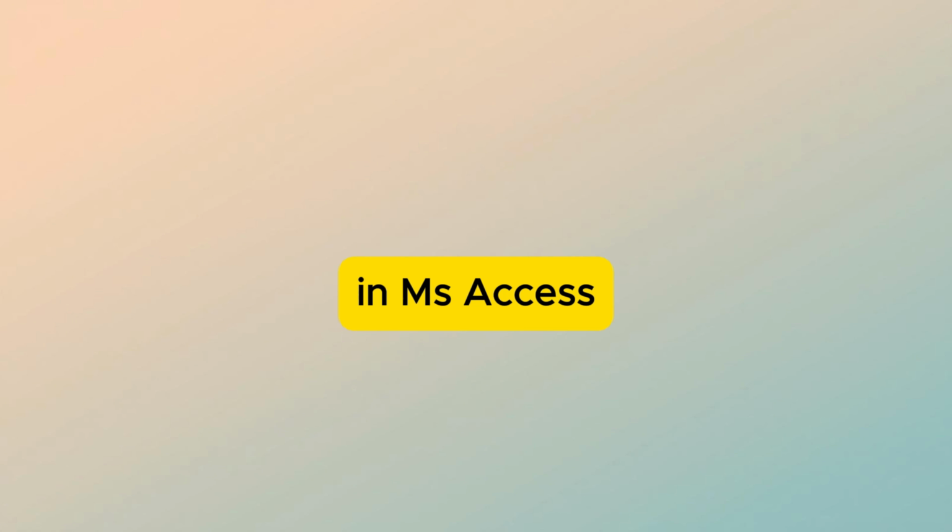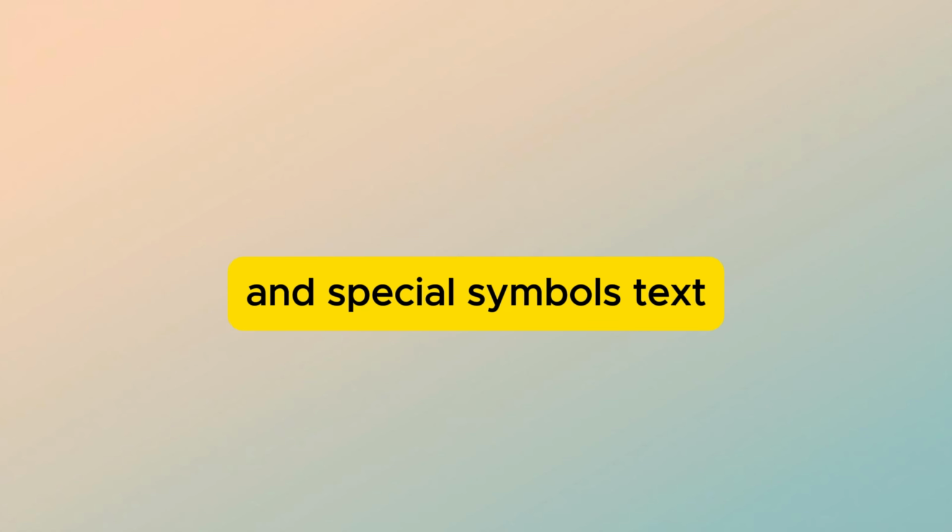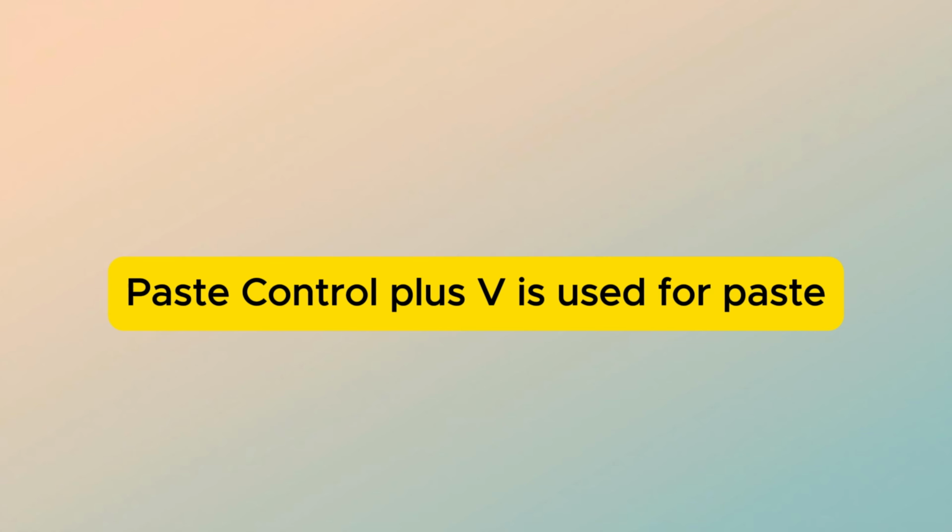In MS Access, which data type contains alphanumeric characters and special symbols? Text. Paste: Control plus V is used for paste. John123 at the rate of